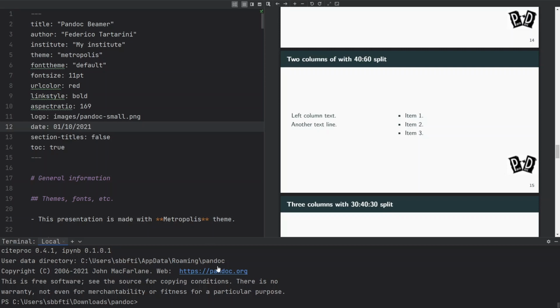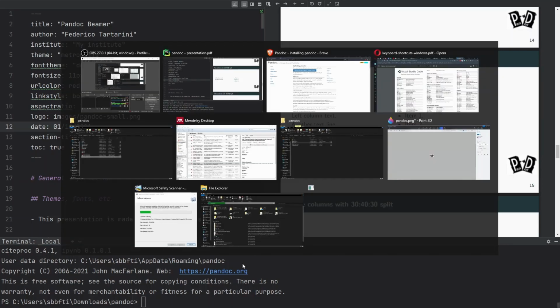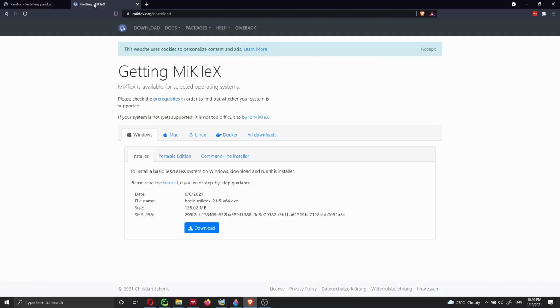So as you can see here, I have Pandoc installed and there is no problem in that case for me. Then I need to install also MiKTeX if I want to compile a PDF using LaTeX. If you want to just create a simple HTML file, you don't need MiKTeX, but I highly encourage you to install it if you want to create a Beamer presentation, and that's what I believe you are here for.